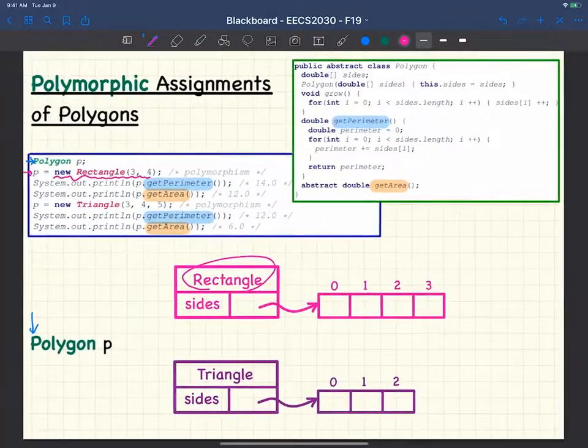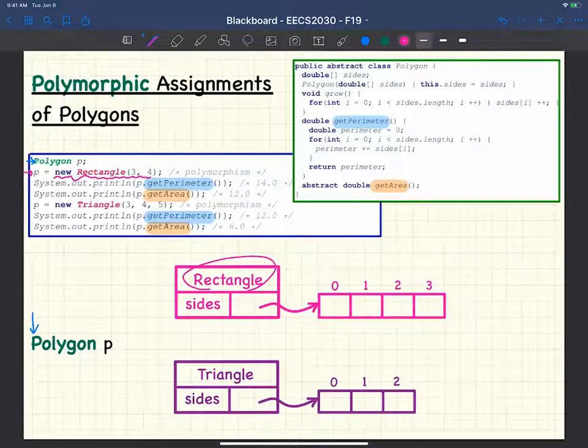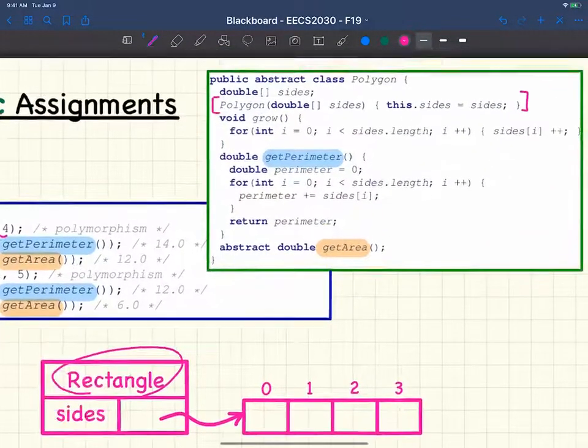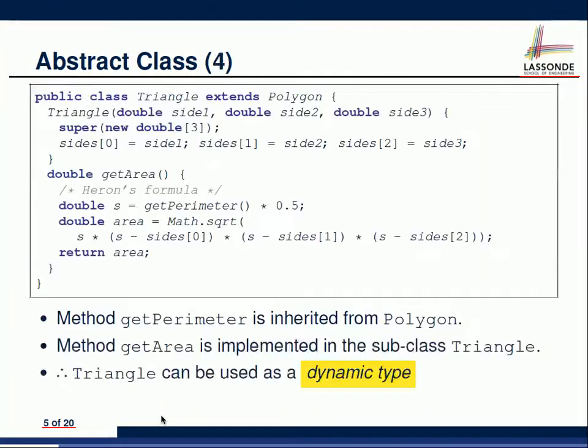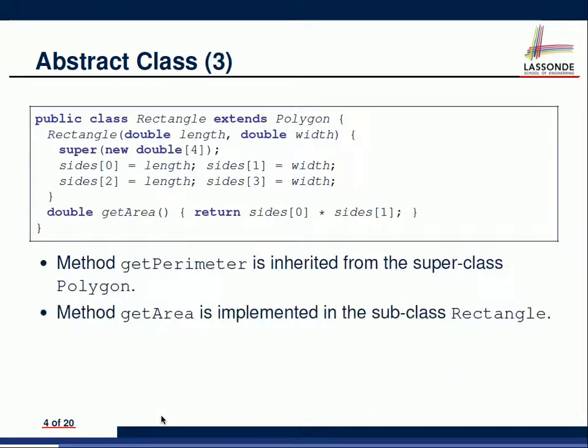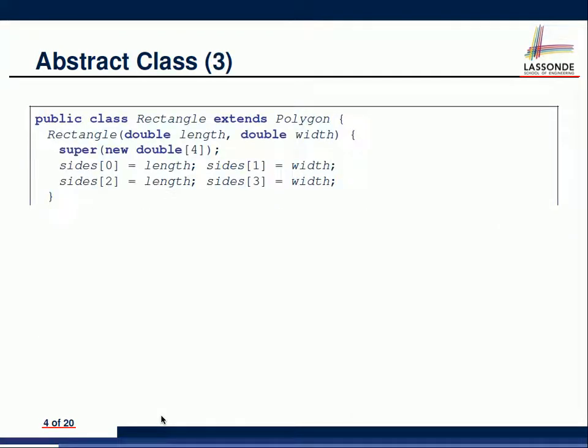if we look at that, what I want to show you is, remember this particular guy over here, right? That's the constructor for the polygon. That's the constructor. And now let me remind you very quickly. I'll trace this one together with you quickly. Okay. So now this is a constructor for rectangle over here, right? So now the first line there is a super new double 4. Okay. What that would do is